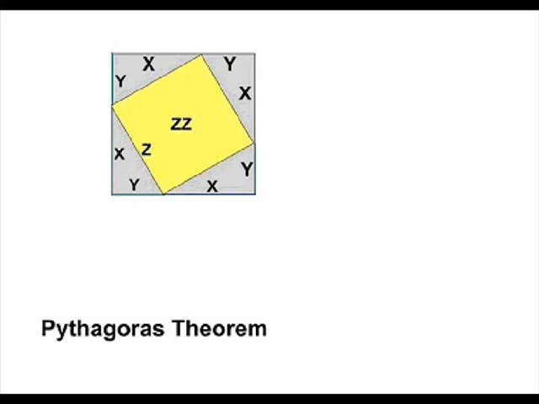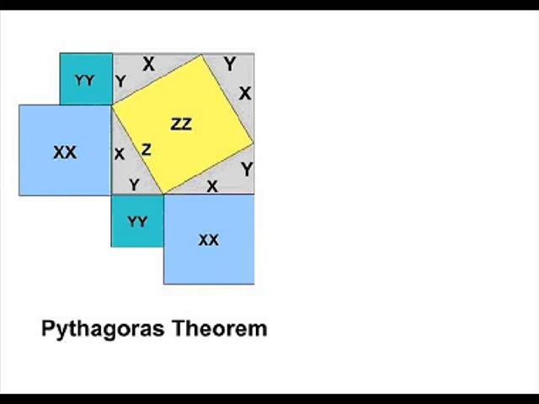First of all, we can lay this out squaring each of those three sides. And then if one completes the box surrounding the third side squared, which would be here z times z,